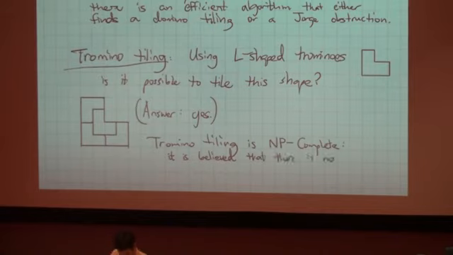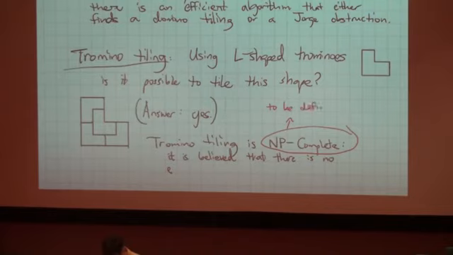One consequence of that classification, okay, so NP-complete is a term that we'll be talking about also in March. I'm actually not going to present to you the proof that trombino tiling is NP-complete, which, as far as I know, is kind of boring and not very educational. But this is a class of problems that are believed to have no efficient algorithm to solve them.